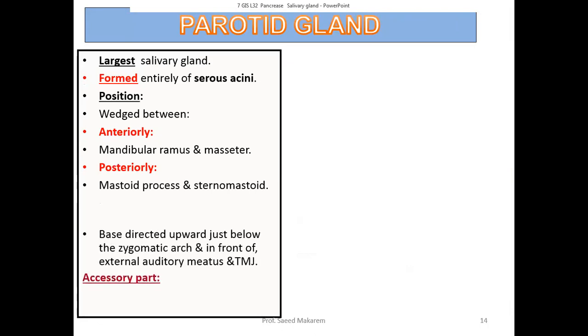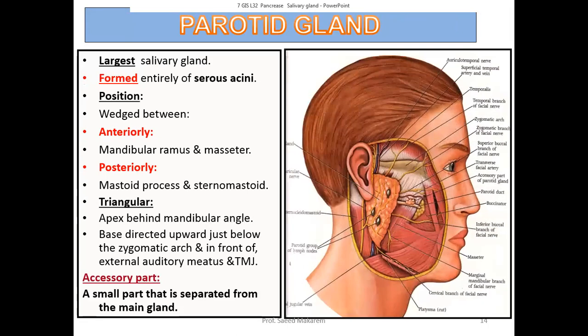Let me show you the picture. Anteriorly, we have the ramus, the bony part of the mandible, and the masseter muscle. Here you can see the masseter muscle. So the parotid gland is present posterior to the mandible as well as the masseter,